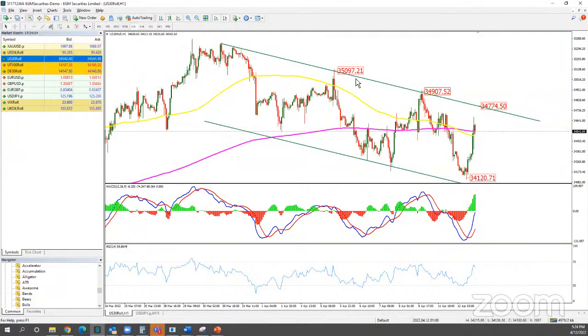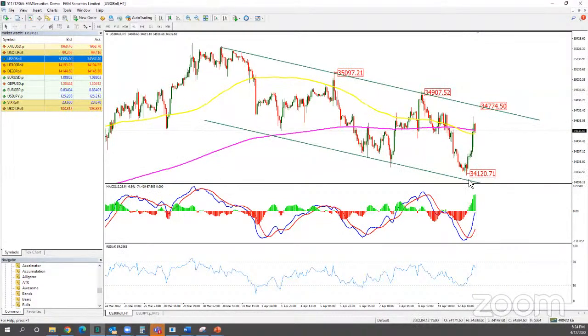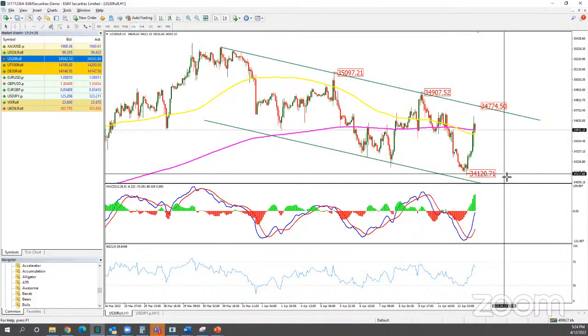So these levels are important. We are seeing a bearish channel happening. We could see prices continue up and then down. That's why it's kind of tricky. This area is very tricky to trade from because you're in the middle of the road. So what do you need? You need to see either a drop to 34,120 or even more and take a trade from this area.